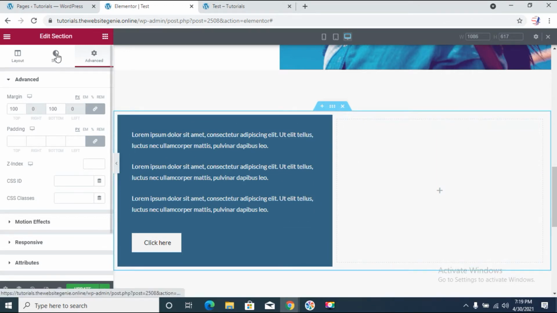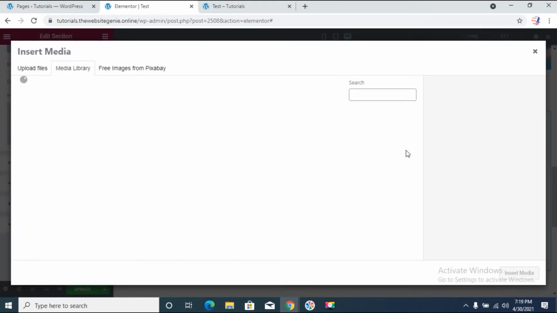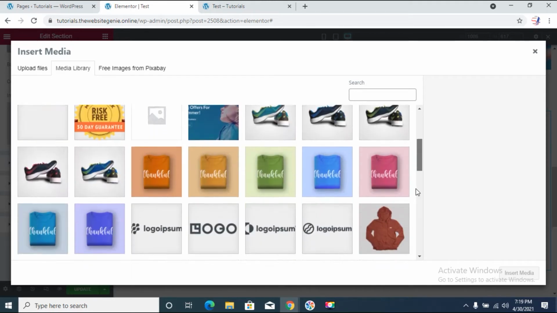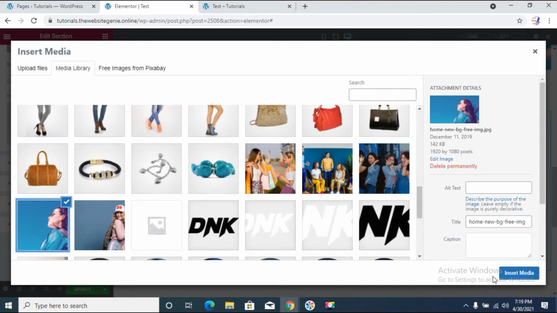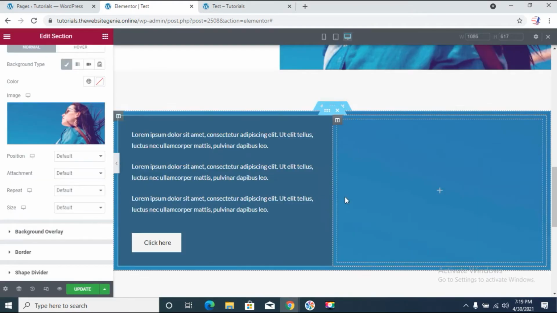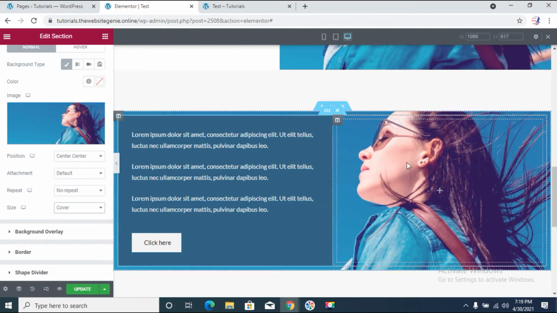We'll go to style and put in a background, choosing the same image. We'll insert the image, and choose the position to be center, repeat to be no repeat, and the size to cover the entire section.